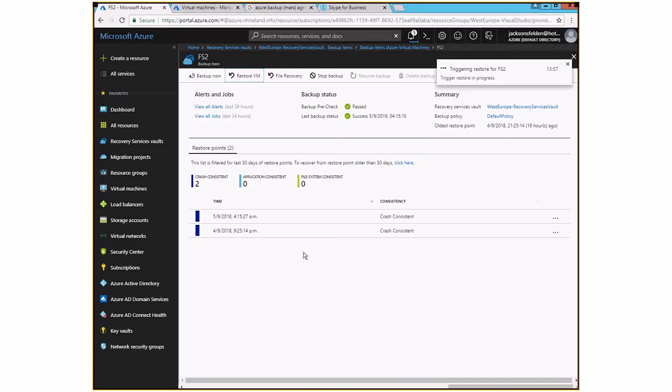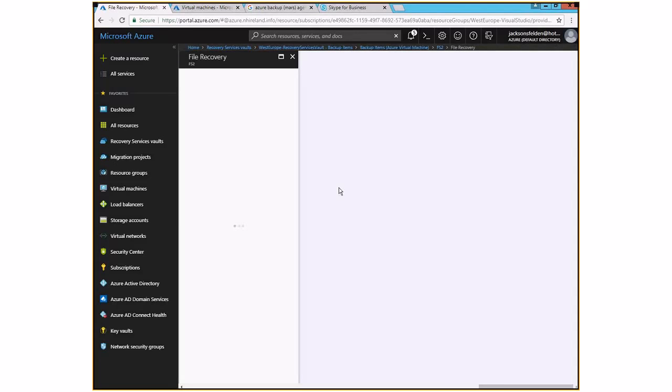Guys, very, very interesting is if I click on the file. Let's say you have a virtual machine running up in Azure. You have been taking backups from that virtual machine, and now eventually you need, I don't know, 5 files from that virtual machine. You don't need to restore the whole virtual machine. You are only looking to have 5 files from that virtual machine. No problem. Basically, click on File Recovery.